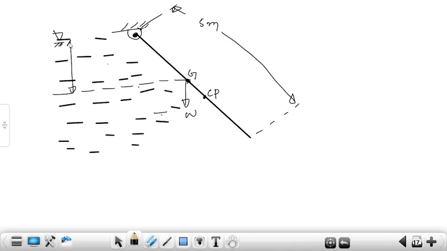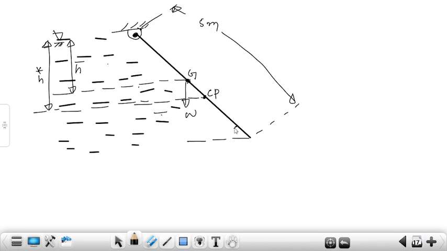This is the vertical distance, which is denoted by h bar. And this is the vertical distance of center of pressure from the reference line, which is h star, and the angle given